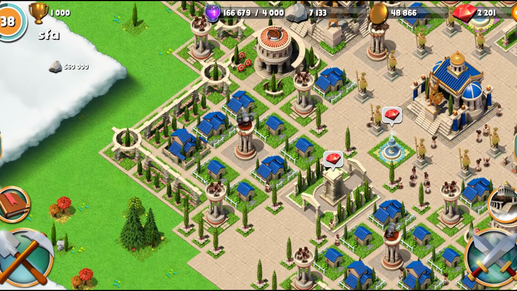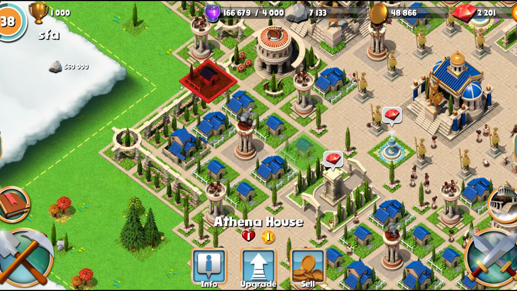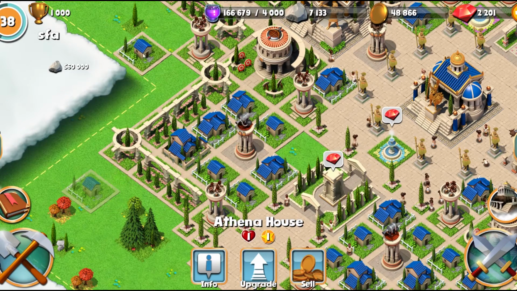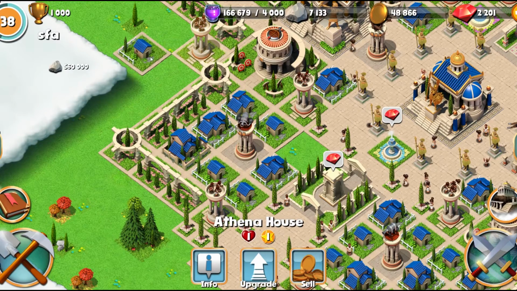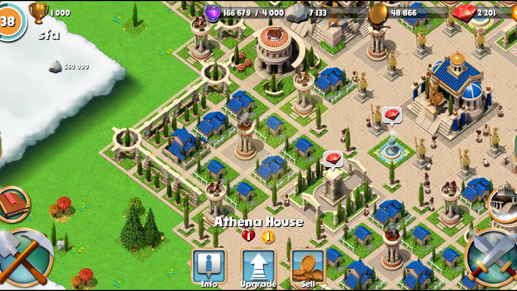Other buildings that provide bonuses are houses. And the important thing to remember about houses is a house only buffs buildings that are placed adjacent to them. In other words, if the house isn't sitting directly next to a building, it won't receive a bonus. Another cool thing about houses is you can place as many as you can fit around a building and continue